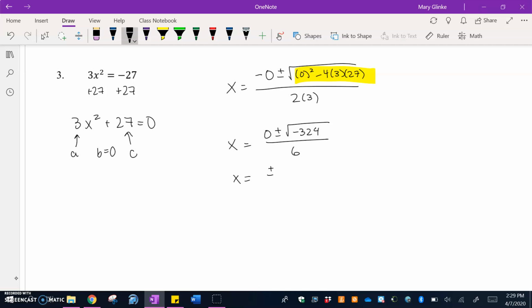Let's deal with the 324. The square root of 324 is actually 18. It's a nice number. And then the square root of the negative part makes it an imaginary number. So that's going to simplify to 18i. And then the very last thing here is 18 over 6 is going to end up reducing. So my final answer here is going to end up being x equals plus or minus